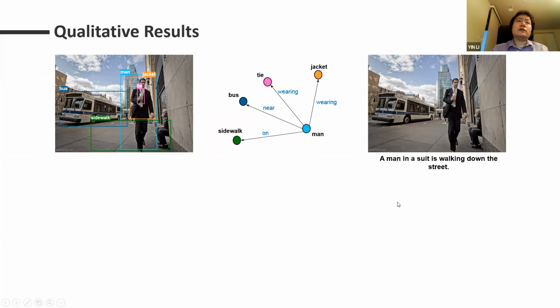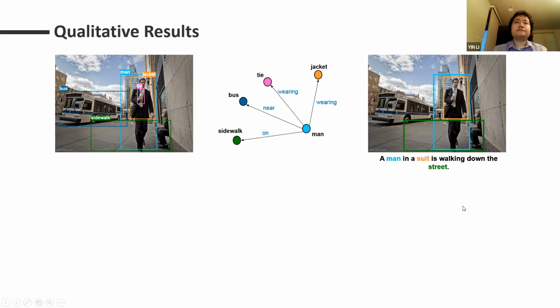Right. So if you take the full scene graph, this is what you can get from just decoding the full scene graph. Now, what is interesting is that we can take any subset of the scene graph and try to decode different components of this image. For example, if we take this one, we can decode it into the sentence, a man and a student is